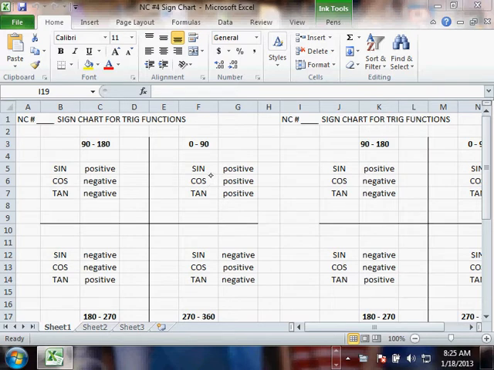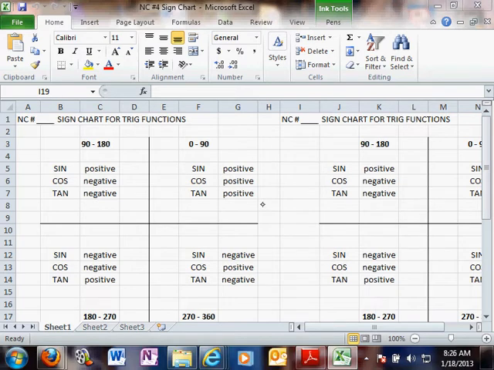I give you this chart here, and it tells you that in quadrant 1, all three, sine, cosine, and tangent, are positive. Now, I will say this: if one of these three is positive, then its reciprocal function has the same sign. For example, in quadrant 1, tangent is positive, and cotangent is the reciprocal function, so cotangent would also be positive